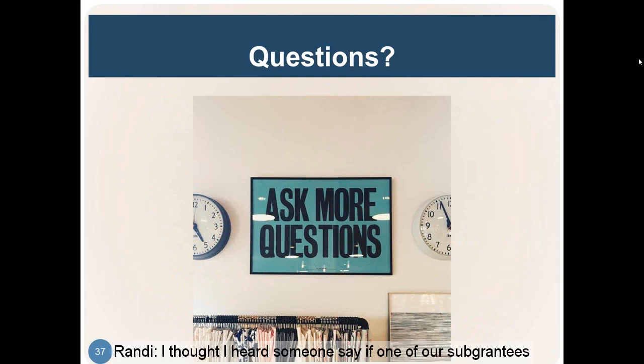All right. I thought I heard someone say that if one of our subgrantees received the indirect cost rate approved by another federal agency, that we had to accept it. Yes. But then the LIHEAP block grant. That's required in 2 CFR 200. I want to say 331, but of those that Lauren just mentioned, it's required that you accept it. But if the LIHEAP block grant only allows 10% and they were awarded something like 12%, how can we accept it? You have to accept it.